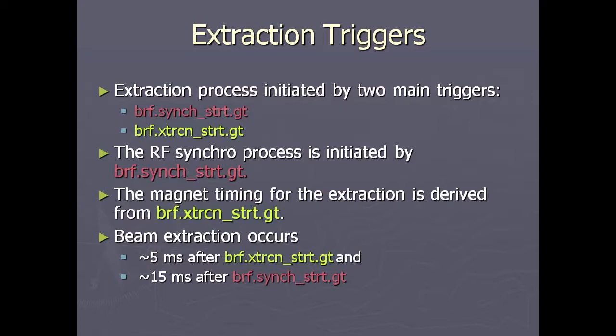parameters. But in the booster, the field is ramping at this point, which is a critical difference and makes the synchro process very different from what it is in the AGS. So it's important to realize that things are changing out from underneath you during the time, so that's why we use Gauss triggers rather than real-time triggers. It also means that the value of this trigger determines the energy at which you extract. The energy at AGS injection will be different based on what you set the Gauss trigger, the extraction start trigger,